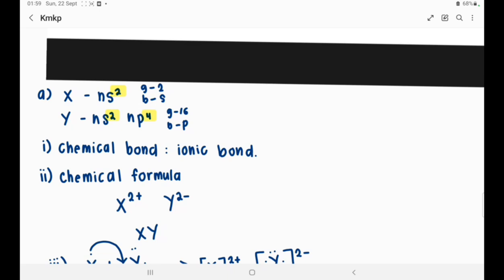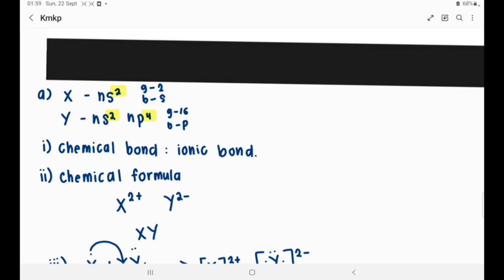So for X, I find that X is in group 2 and block s. Meanwhile, Y is in group 16